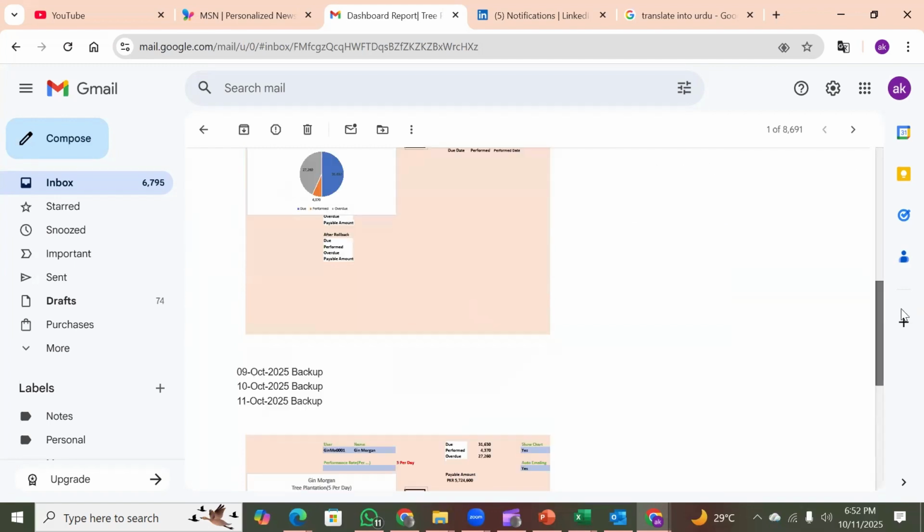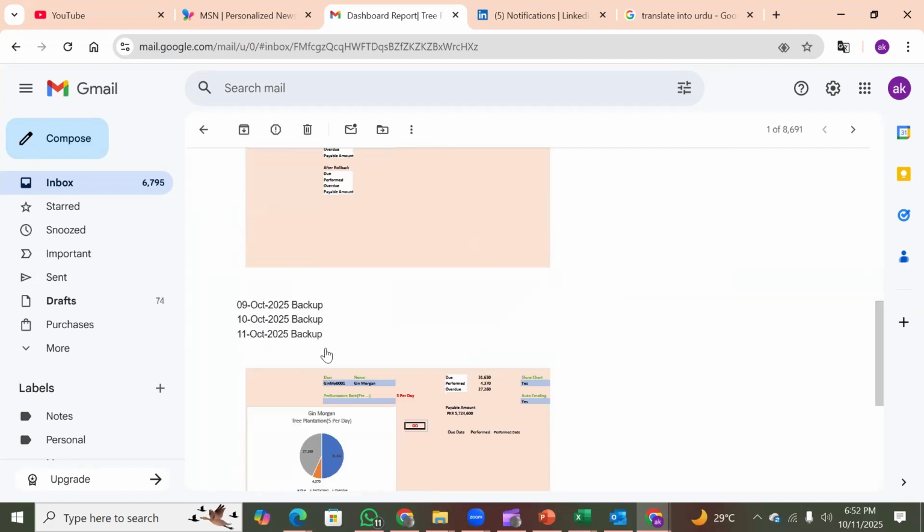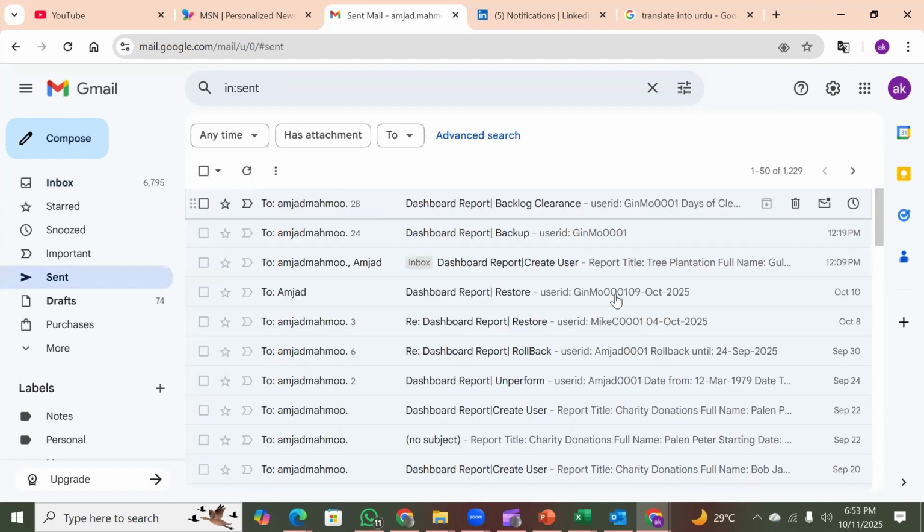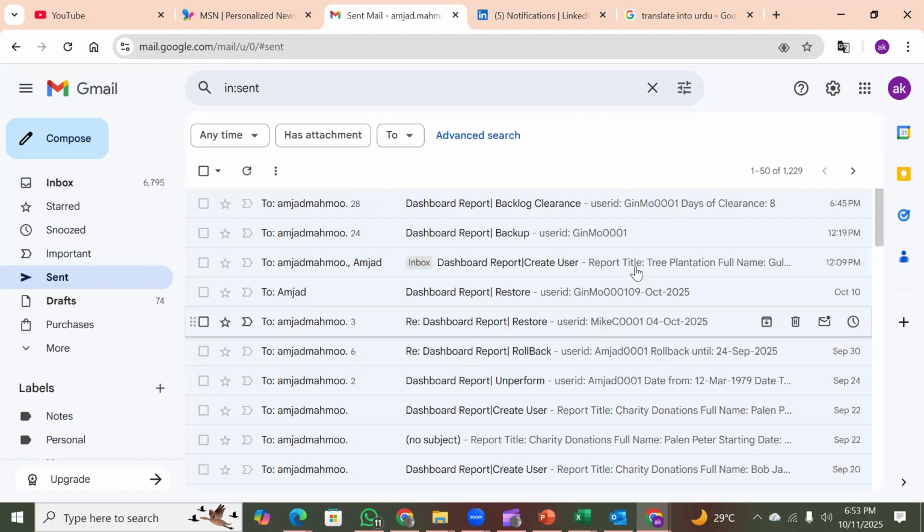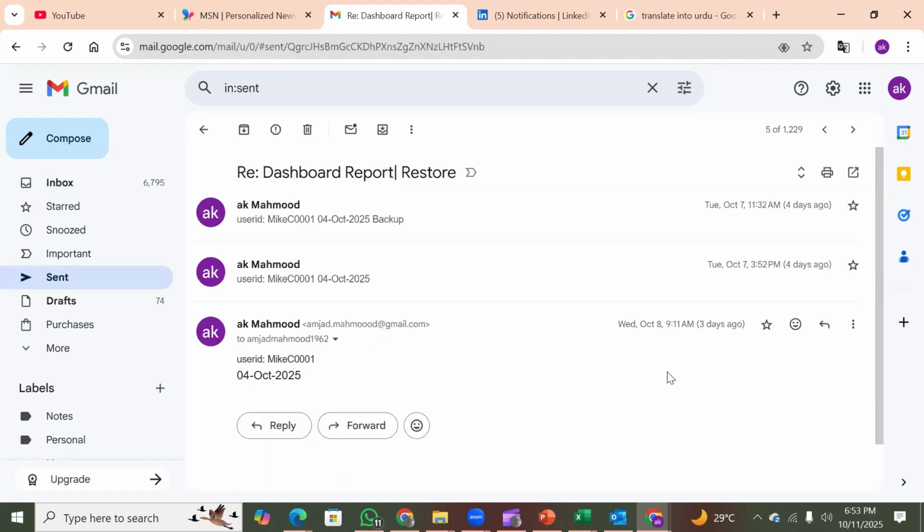So which backups do you have? So these are the backups which are available. Okay, so you can restore using this command. Yeah, so say 10th of October backup be restored, for example, if you want them to be restored. So you copy it, you go to the sent mail, and you go to the restore template. This is the restore template, and here